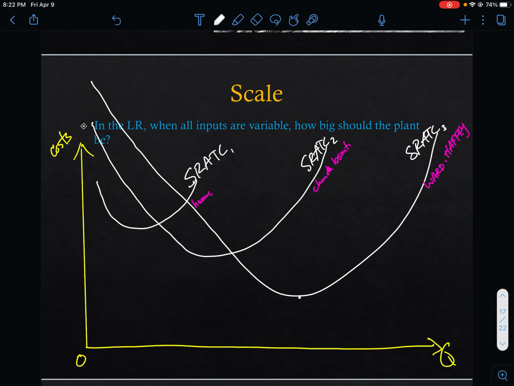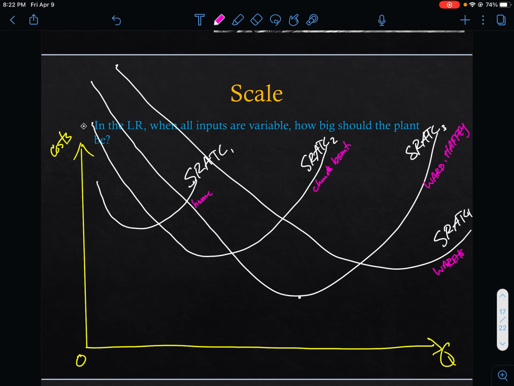And then what if you get something even bigger? What if you rent an enormous warehouse? Then, to produce a handful of sandwiches, the cost would be really high. But maybe you can drive the cost down. But maybe if it's really, really big, maybe you can't ever achieve the efficiencies that you could in the Ward Haffey one. Right? So we'll call this the warehouse kitchen. And so this is meant to be akin to the River Rouge plant, right? The River Rouge plant was so big. It was an enormous facility, but they were never able to drive the cost of producing the Model A down as low as they could at factories that were somewhat smaller.